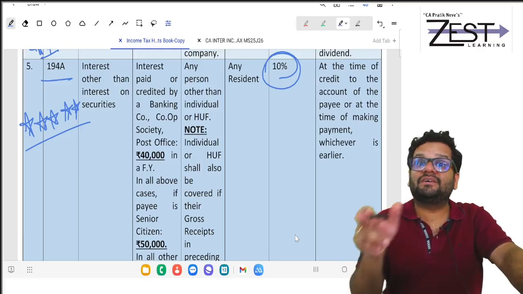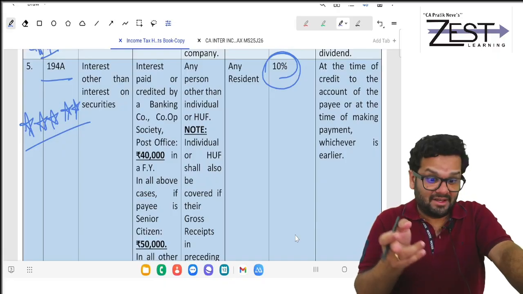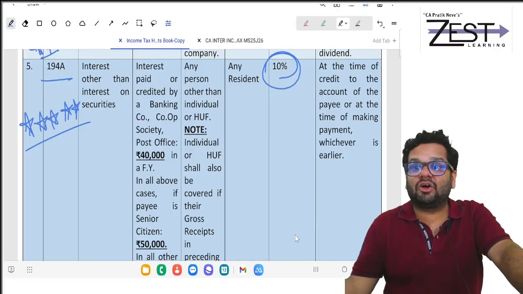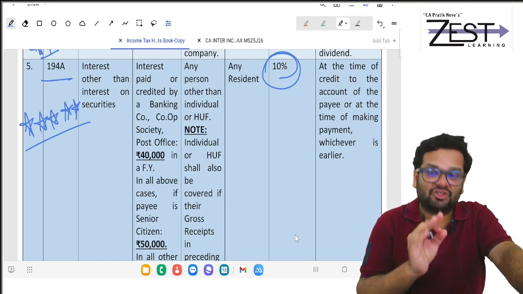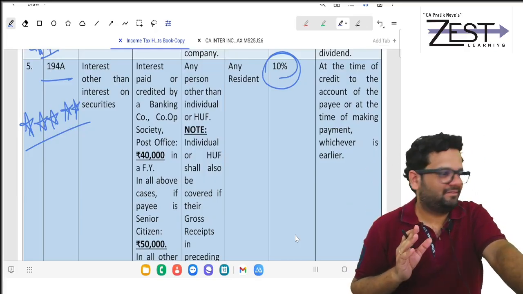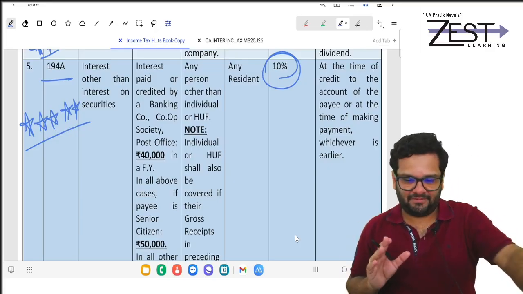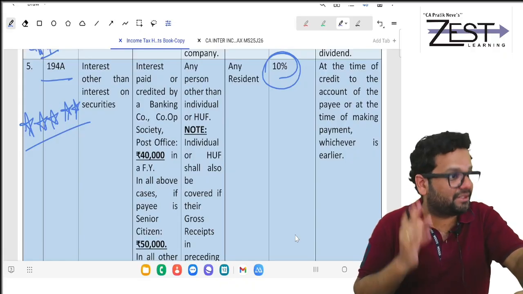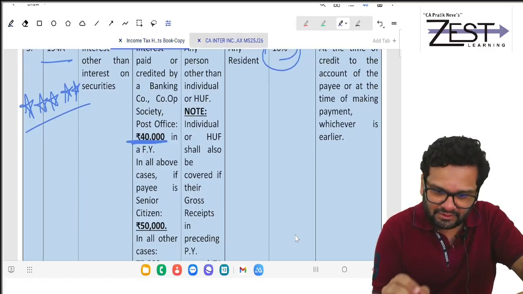So this is what interest, but on what? Interest other than interest on securities. Means in short, interest on deposits or interest on loans is 194A. Why 5 stars? Because ceiling, see threshold limits. Threshold limit is,